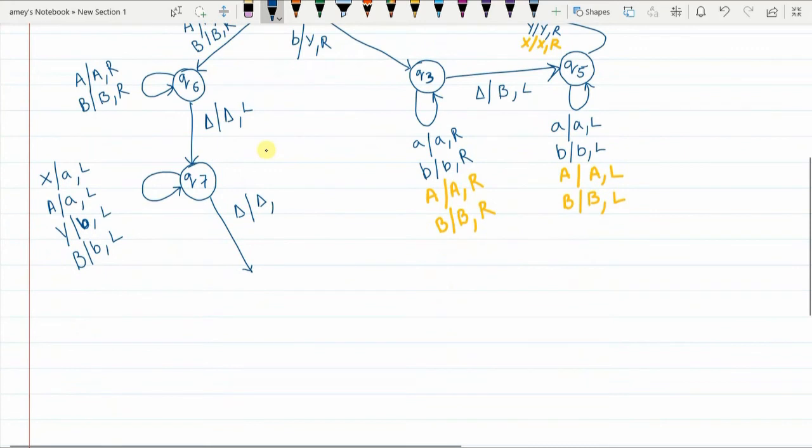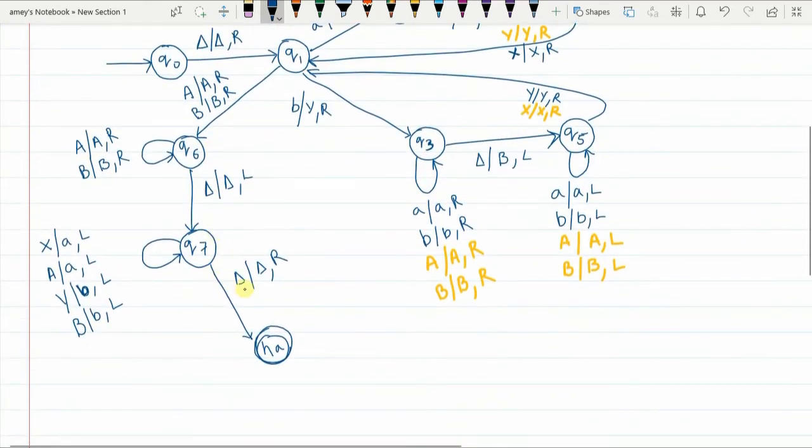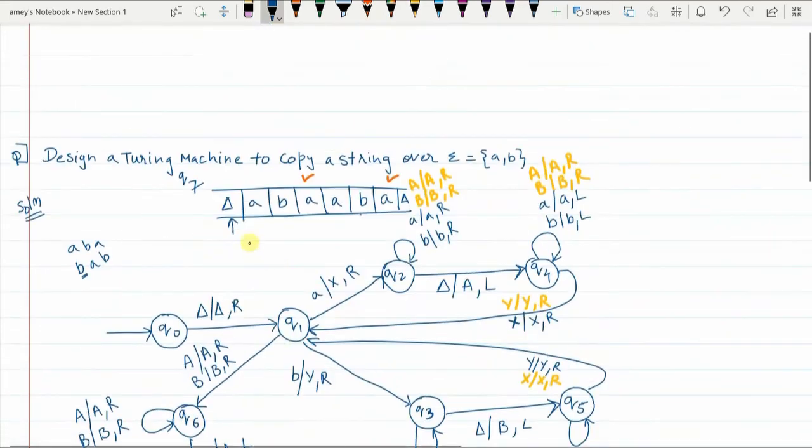So delta will be replaced with itself, and you can move the pointer to the right, and by doing that you go to the halting state, final state HA. Either you can move the pointer to the right, or you can keep the pointer stationary. This is as per your convenience. Both are correct. I will not keep it stationary; what I am saying is in Q7, after doing all the replacements, when delta is encountered, delta will be replaced with itself and I am moving the pointer to the right.